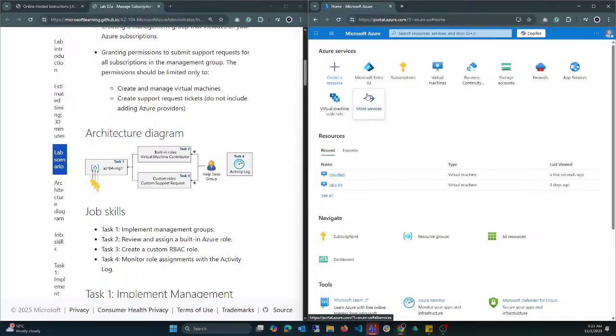Just know that. So we are looking at implementing management groups. How do we review and assign a built-in role? Why do we need what is called a built-in role? Is there any other different type of role? Yes. We've got roles that have been created by Microsoft based on what they feel,